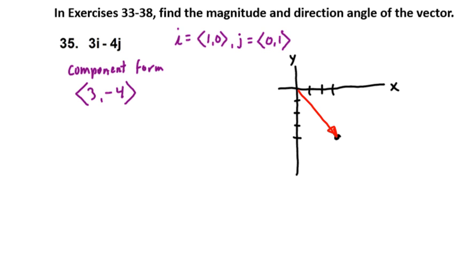And we can create a reference angle by drawing a line segment straight up from that point to the x-axis. And so our opposite side is going to be -4, and our adjacent side up here along the x-axis is going to be equal to 3. So if we're looking for this angle here, we would find it by taking the inverse tangent. But before that, let's look at magnitude, to be similar to the order we did the other one. So our magnitude,